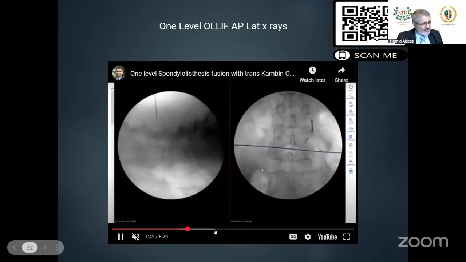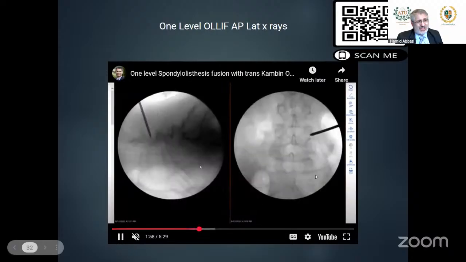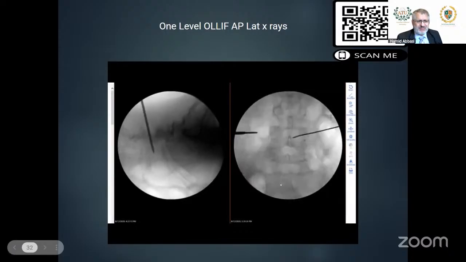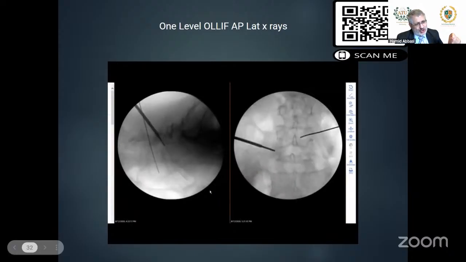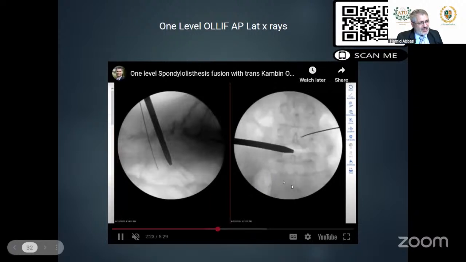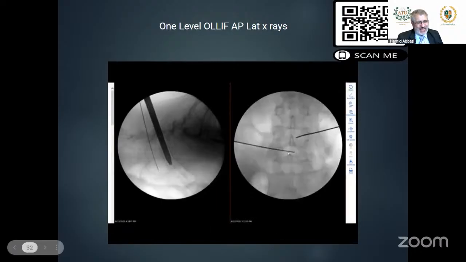We mark the level. We then literally put a Jamshidi in the first level of interest, take bone marrow that we mix with biologic. And we have our own protocol. I use a ceramic tricalcium phosphate, which by itself is a poor biologic, but mixed with the bone marrow, it's very strong. We use a neuromonitoring probe, stimulate at 3 milliamp. We go to the Kambin triangle and then literally dilate it. And if you see the anatomy changes right there, that's what I call physiologic decompression. We published a paper about it.